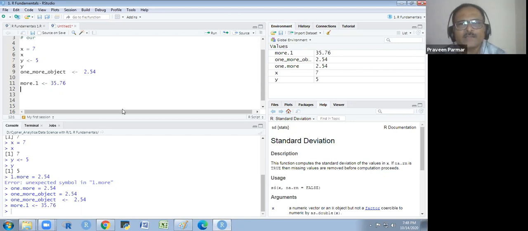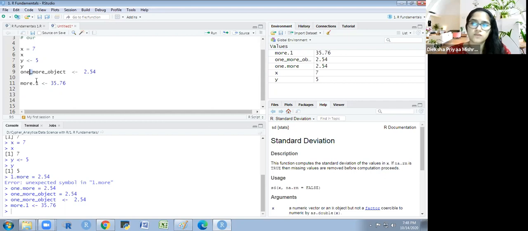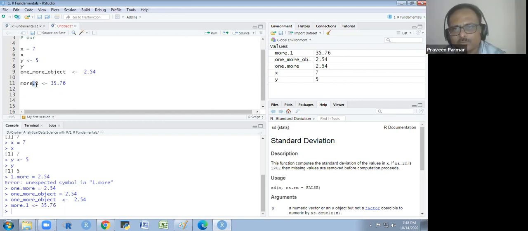But in Python you could not even put dot. In Python the dot has a different function. So you always have to use the underscore in Python. Understand? But here in R we could use the dot and underscore, whatever you want.